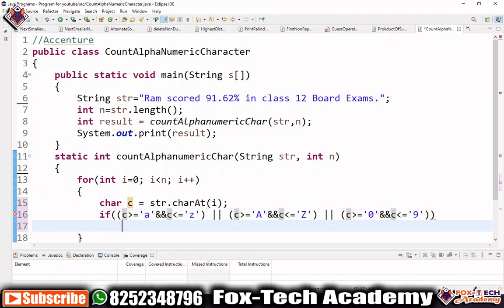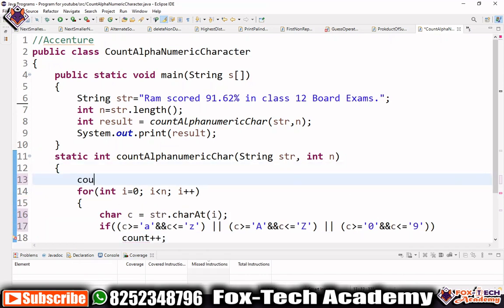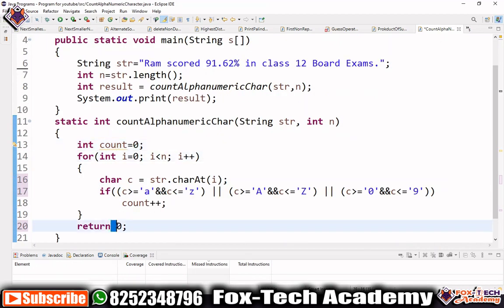Whenever this happens, we will increment our count with count plus plus. For this we need to create one count variable, set count to 0 at the start, and return the count variable.